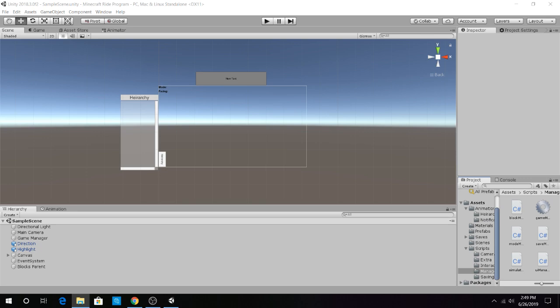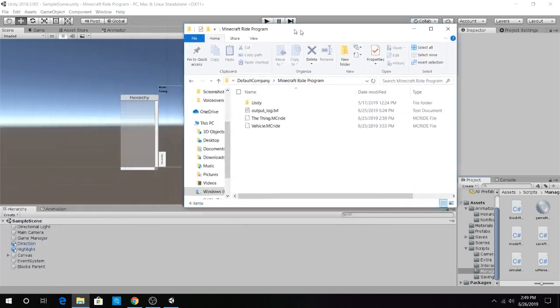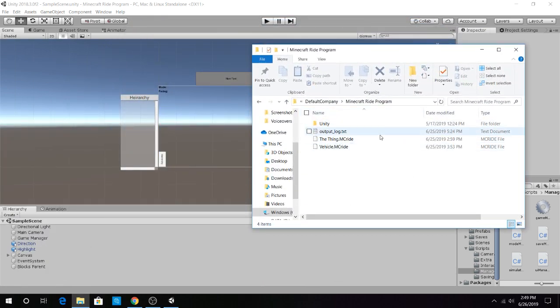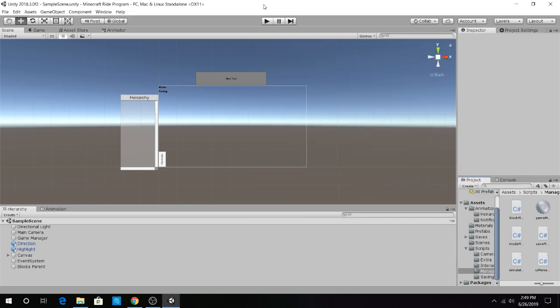Okay, so I'm just navigating to the folder where everything is. So this is where everything is. If we start the game, it will create a log file. That's pretty interesting, I guess. It creates a log file, and